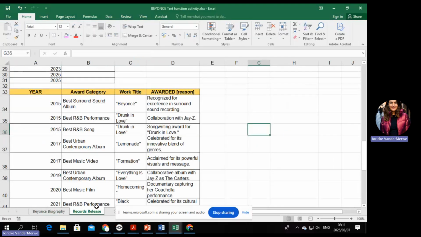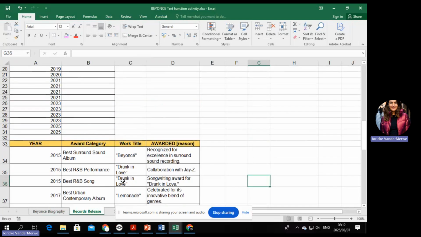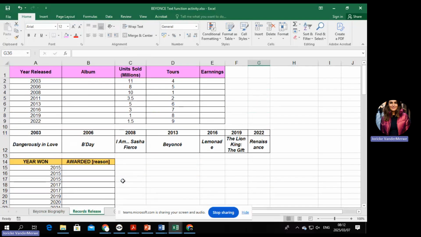So we're in the next sheet. We're going to work in the pre-records release. So just make sure that when you are writing a test or an assessment that you're working in the correct sheet if there's more than two. Okay, now remember, if we're working with ranges, it's most likely 100% either going to be a HLOOKUP or a VLOOKUP.